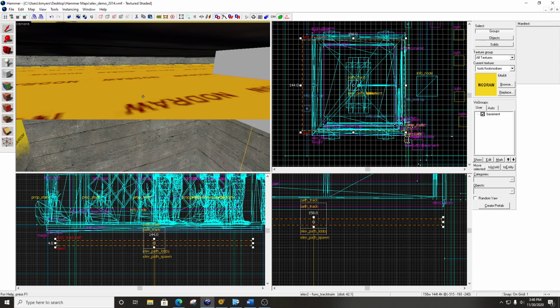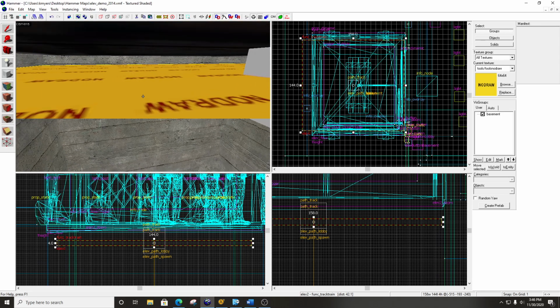So what we're going to do here is create a box. And you'll notice mine is a few inches underneath the elevator. I just took my block tool and made a box right here, and you can see this is the bottom of the elevator. This sits a few inches below it. There isn't a precise amount. This is the actual track train right here. The rest of this stuff is all the visual props that the player is dealing with. So I make a box, cover it with no draw,